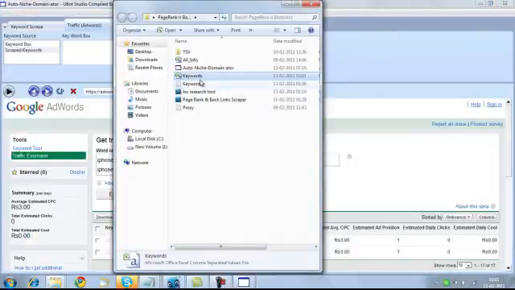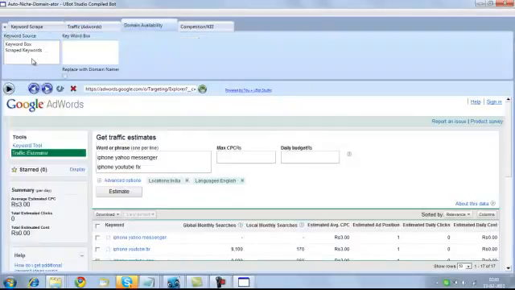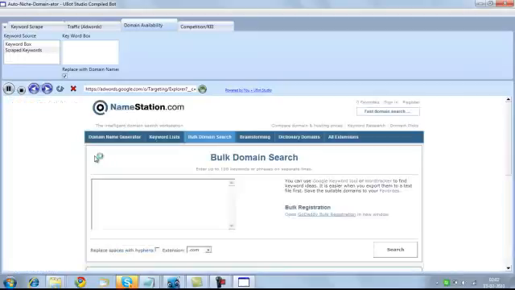Maybe I'll take a backup of this file to make sure that if something goes wrong, we'd be left with something. Yeah. So here in the domain availability box, I'll select the scraped keywords list, and I'll select this box. I'll tell you the meaning of this box, and I'll hit the play button. Technically it should go to namesearch.com, namestation.com, and it will type all your keywords one by one.